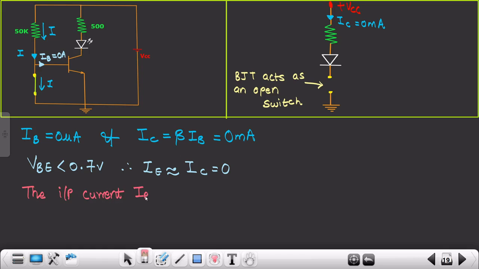So the input current IB is 0, right? IB is 0. Therefore the output current IC is also 0, right? And since both of these currents are 0, therefore,